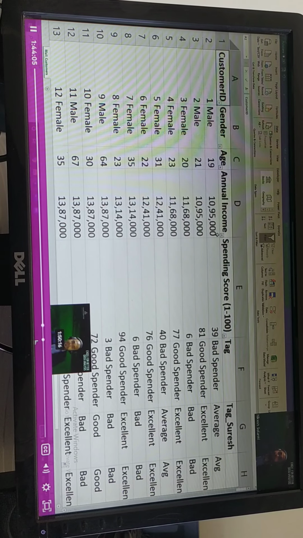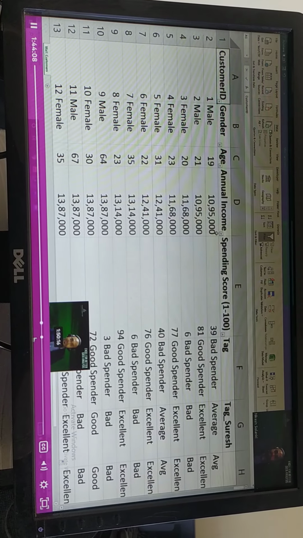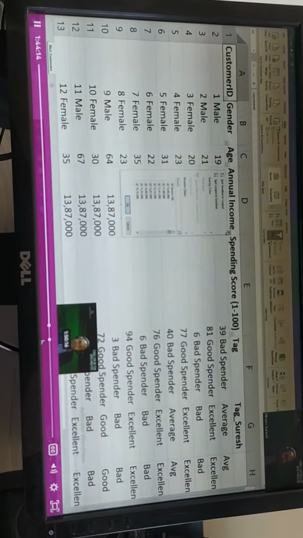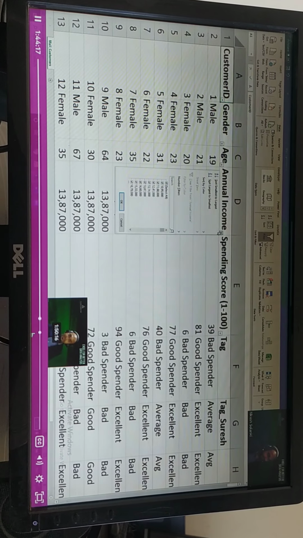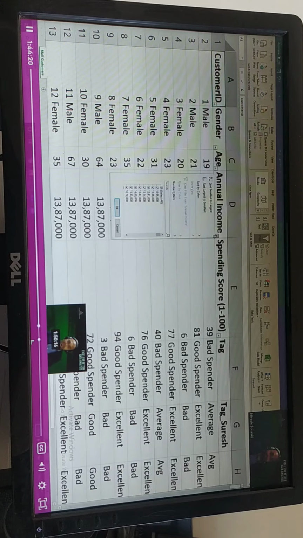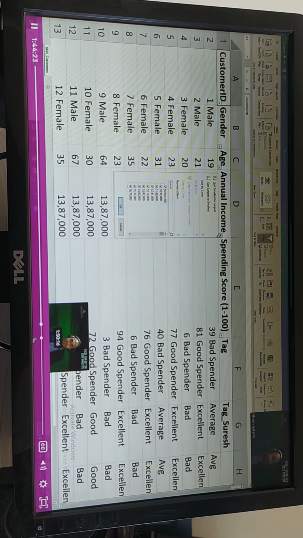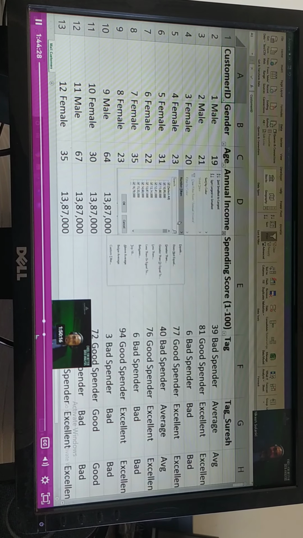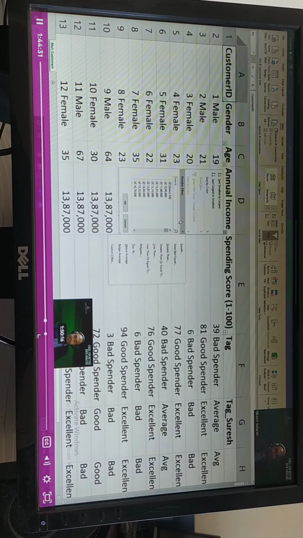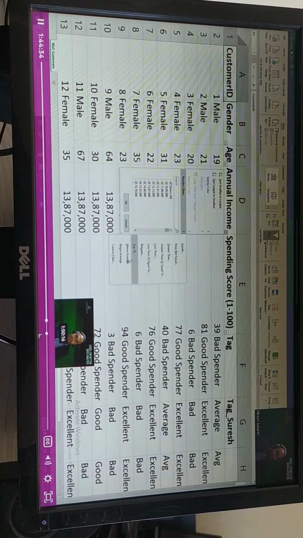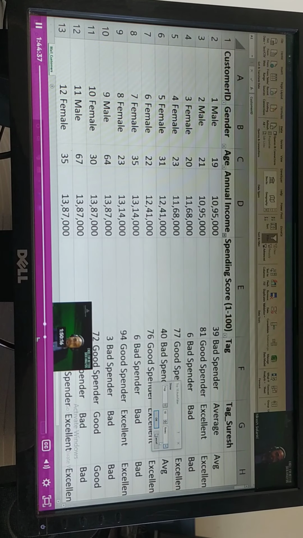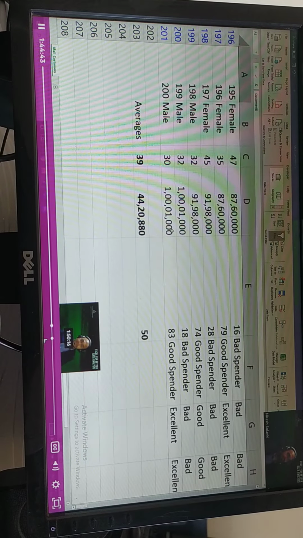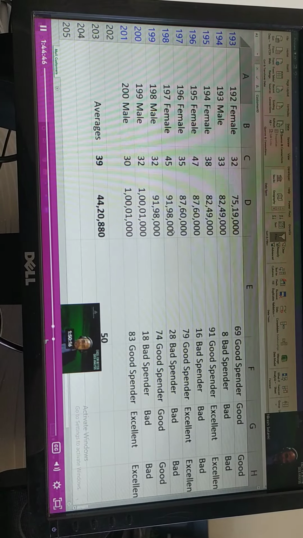Here if I want to see the top 10 annual income, you will have to go to the filter of annual income and click here. I can put the smallest to the largest or the largest to the smallest. But now I'm going to show you the top 10. If you go slightly more below, there is a number filter here. Ishan, can you see this? Number filter? There is top 10. If you click, you will straight away get the top 10. The system is going to filter it for you and show it to you. Thank you, Nikesh.